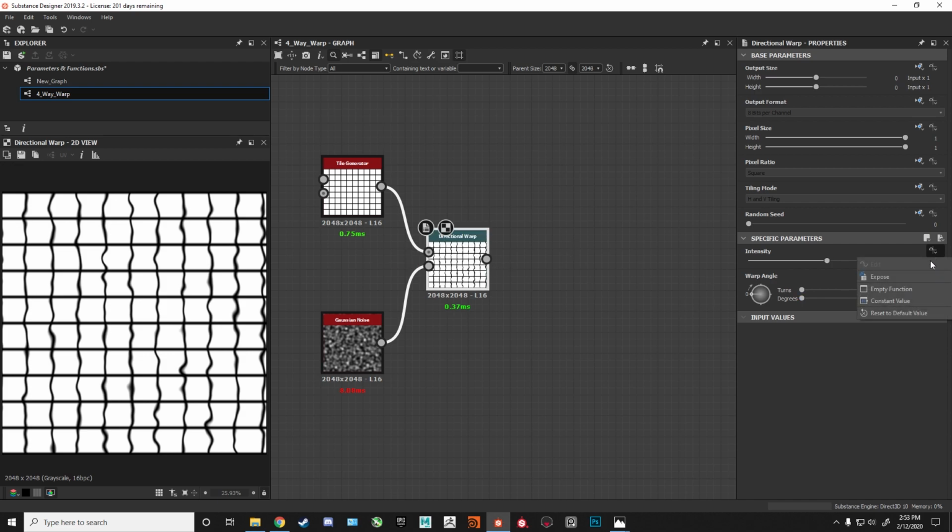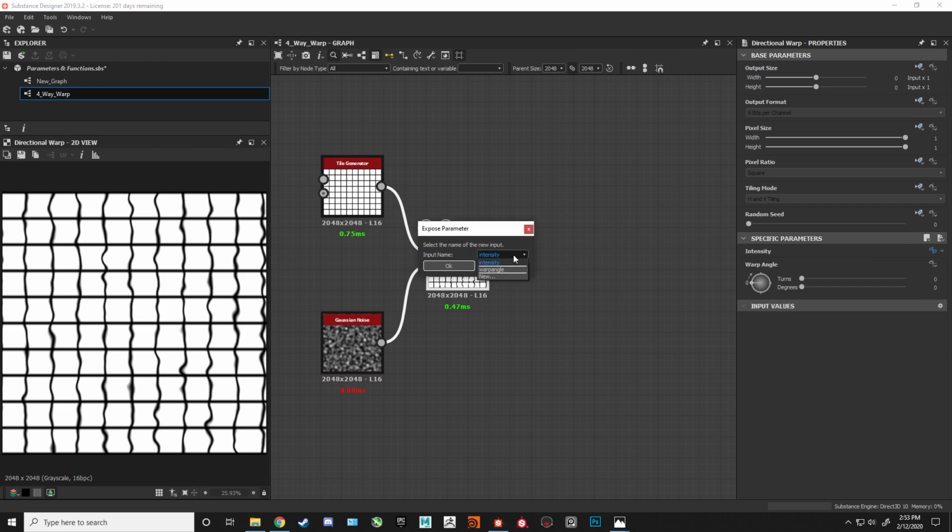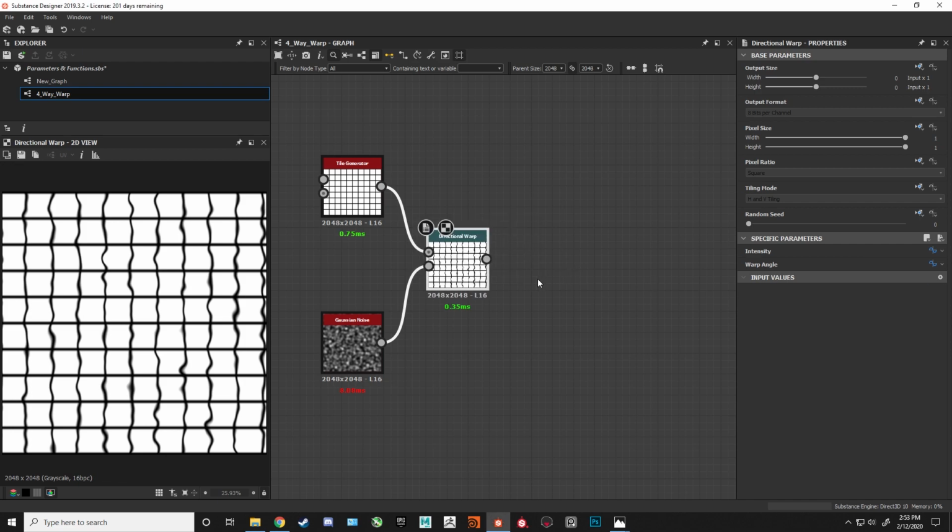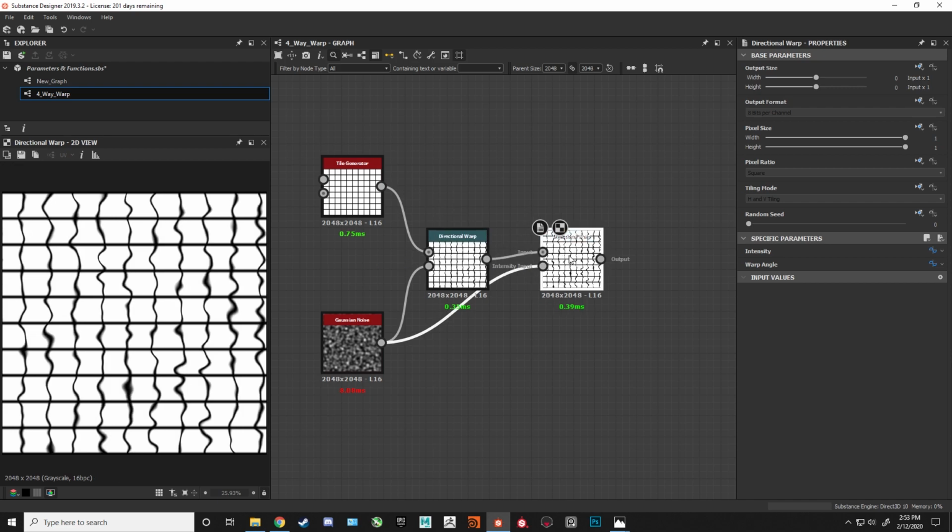The first thing I'm going to do, expose this intensity value. I'm going to expose the warp angle, and note the name also defaults to intensity. So just be careful with this naming thing. Make sure you switch that. And now I'm going to copy this, paste it, hook those two together, and in this second directional warp, I'm